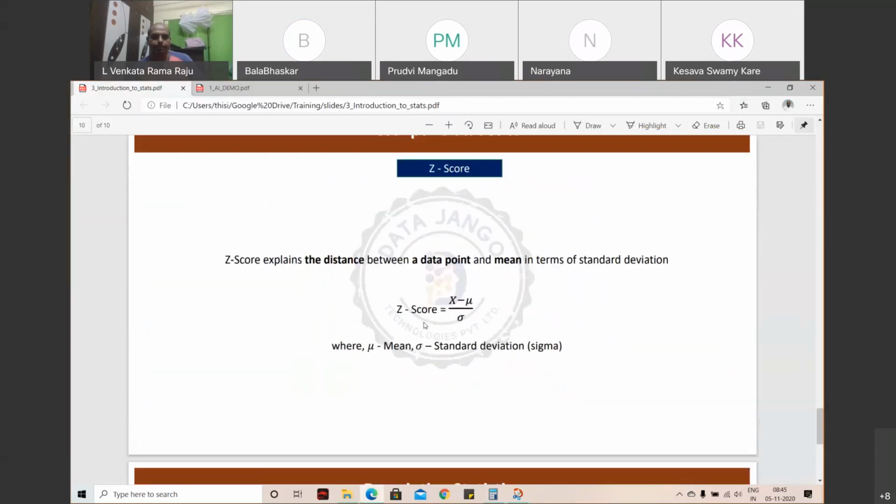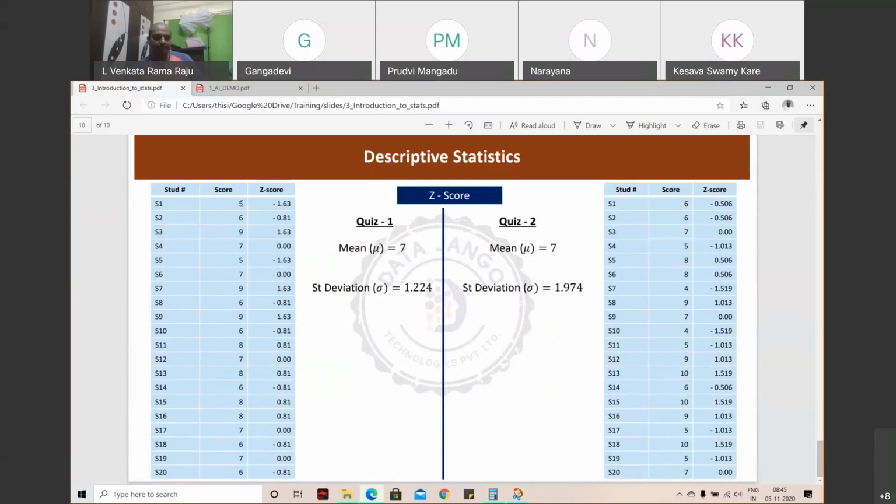Yes, sir. We are trying to understand or explain each data point in terms of mean and standard deviation. When I see 1.63, that means you calculated the Z-score for one number and got 1.63. This number is 1.63 standard deviations away from the mean. In your mind, you should get mean, standard deviation, and then that equation: mean plus this number times standard deviation is going to be this number. If it is a big number, it is far from the mean. If it is a small number, it is close to the mean.